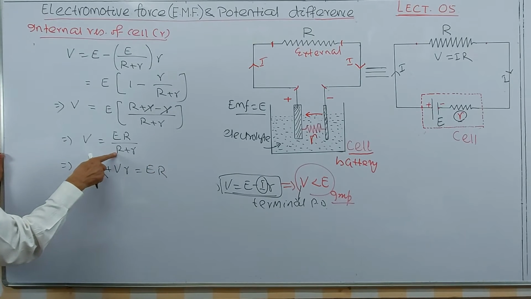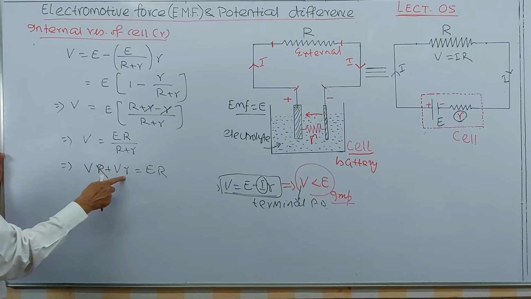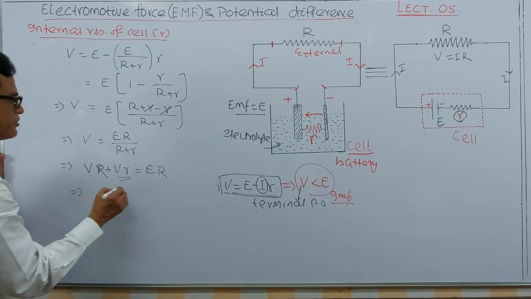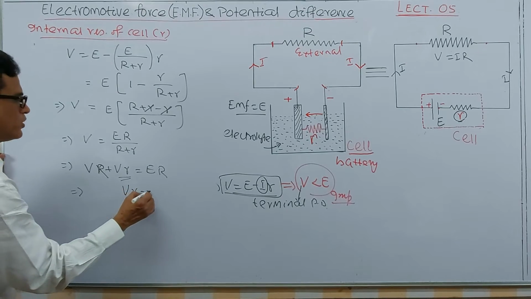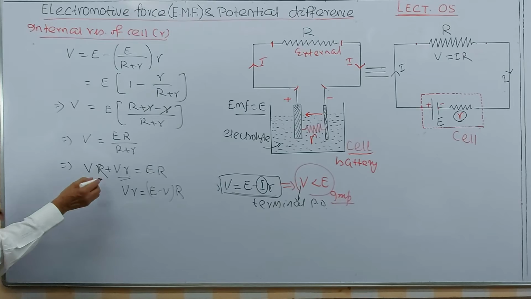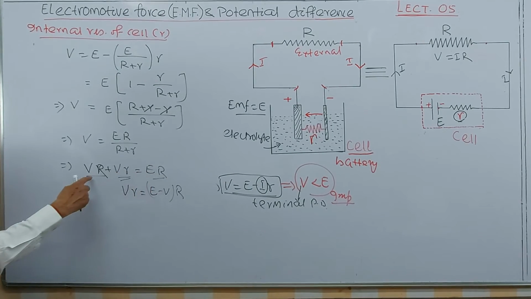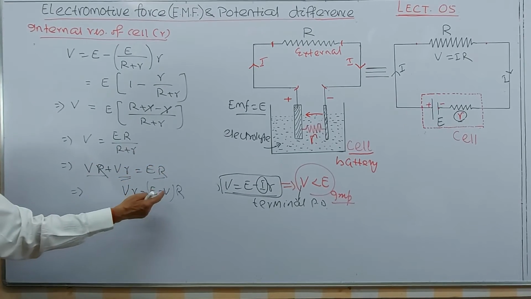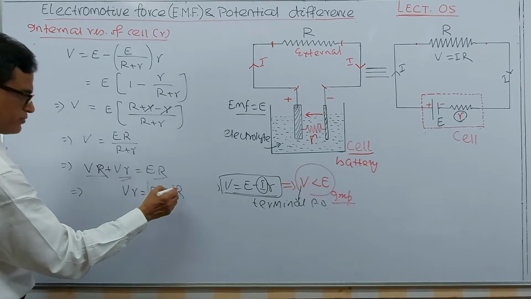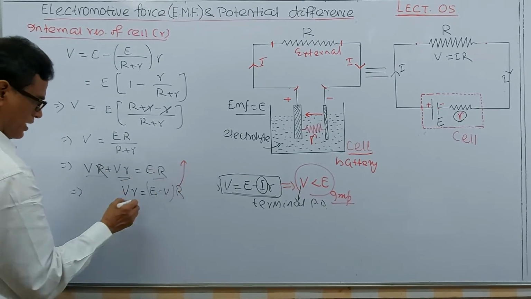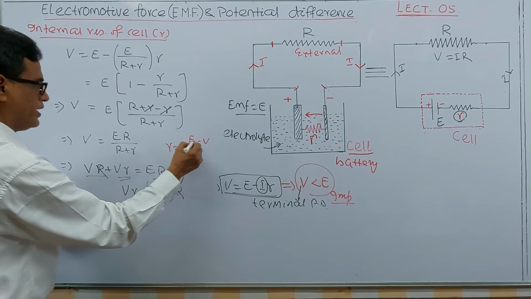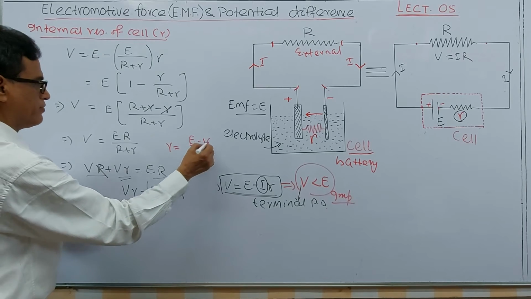V capital R, V small r equal to E capital R. This implies that we are interested in this one: V into R equal to E minus V into R. I have taken directly, say, VR is subtracted from this ER. VR can be taken to this place, E minus V into R. From this I can write R equals E minus V by V